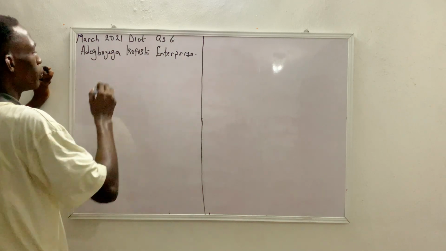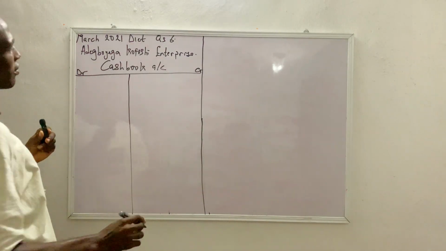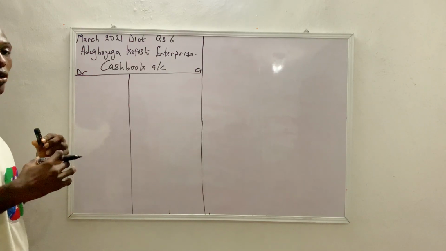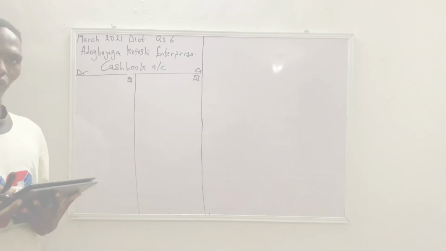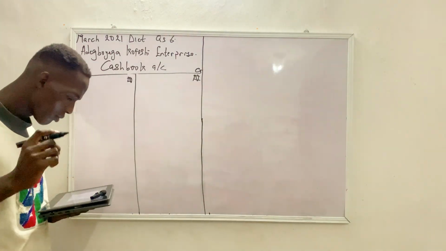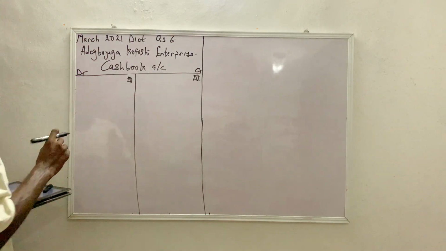Now we'll be preparing our cash book. I will advise you guys to be very fast, and you're going to have to make use of the pause button a lot in this. So now, to get our balance brought forward,